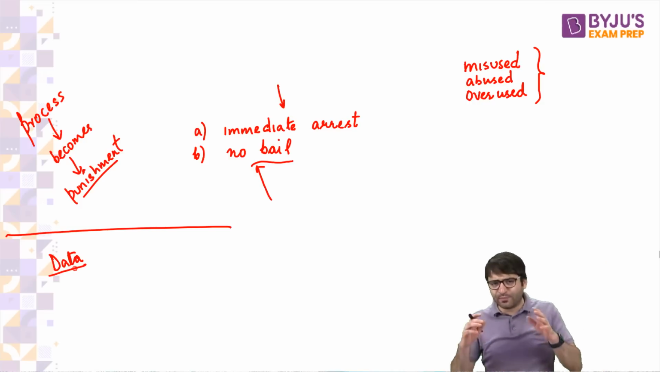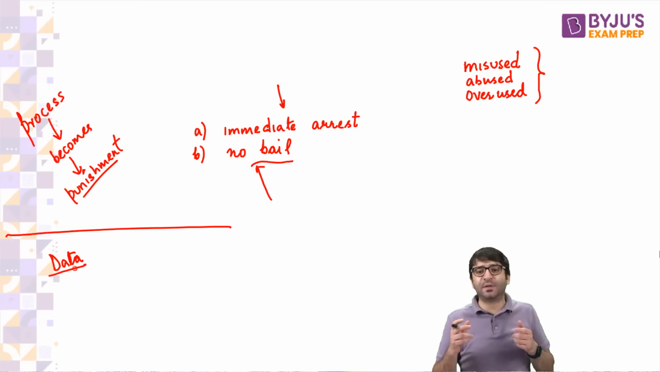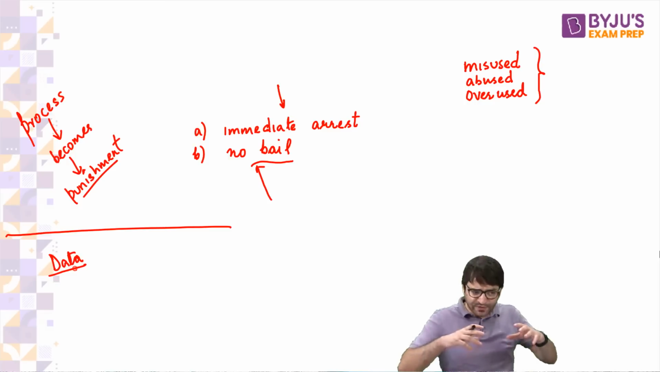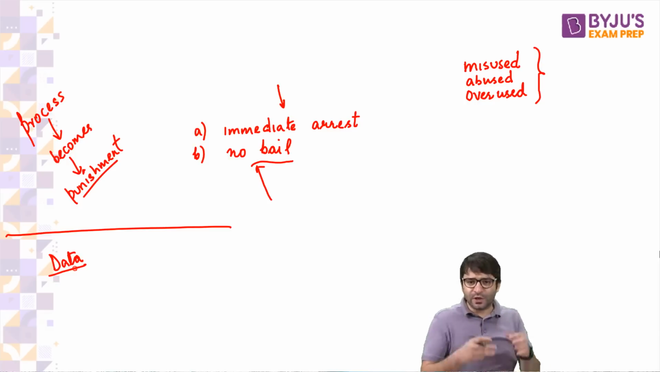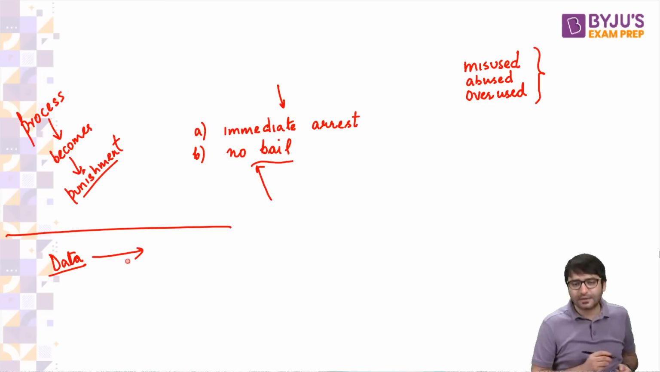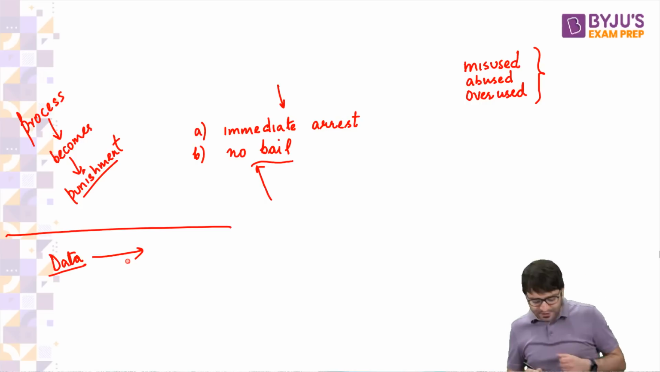It's not that the Supreme Court randomly said that the law is being misused, overused, hyperused, abused. That is why we need to tweak the law, we need to change the law. No, the Supreme Court was given data. According to this data,